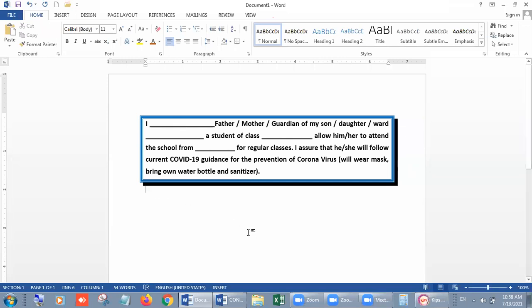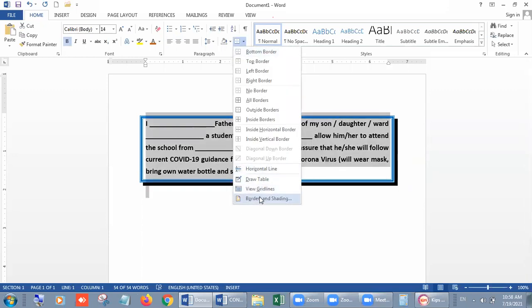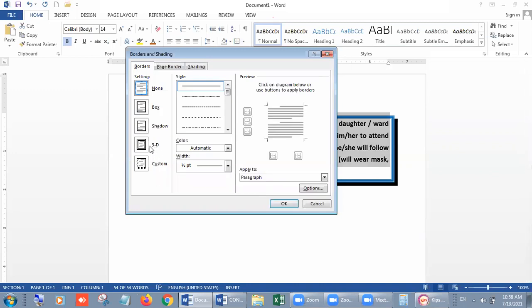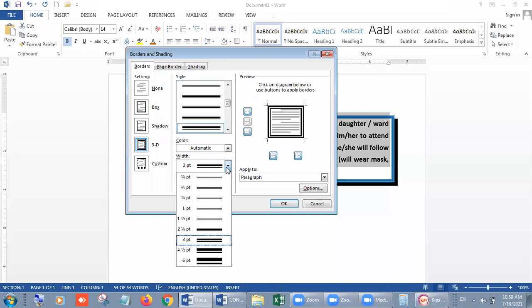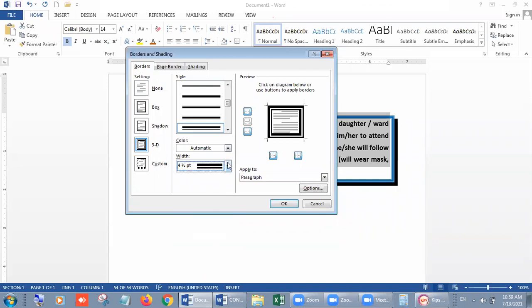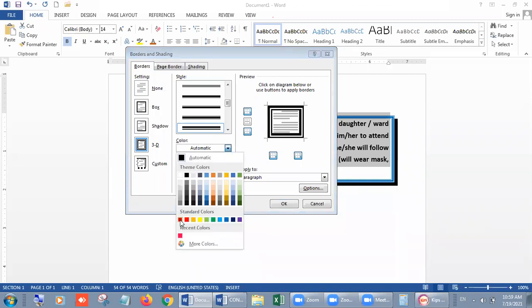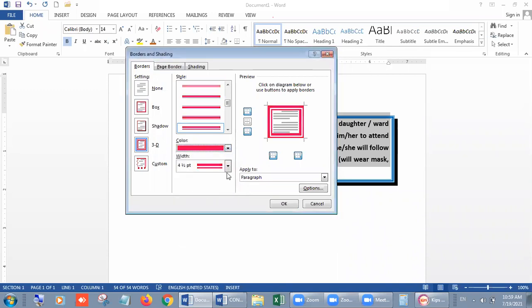Next, now again I am selecting it, going there, border and shading. 3D. In 3D also you can choose something different. You can enlarge the size of it. You can change the color of it. And you can apply.